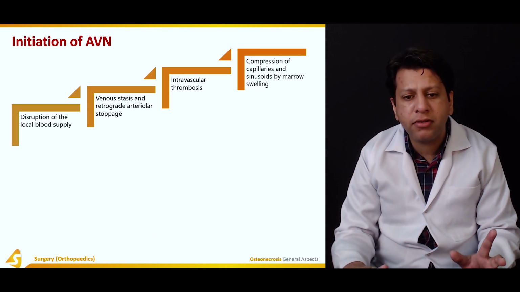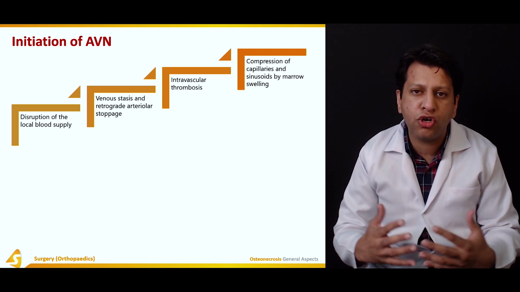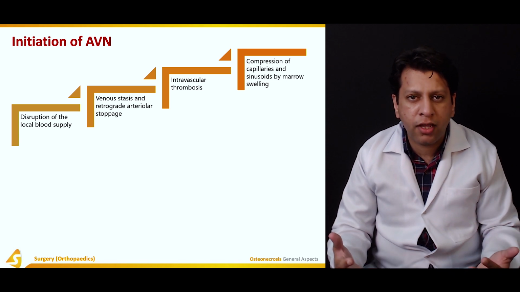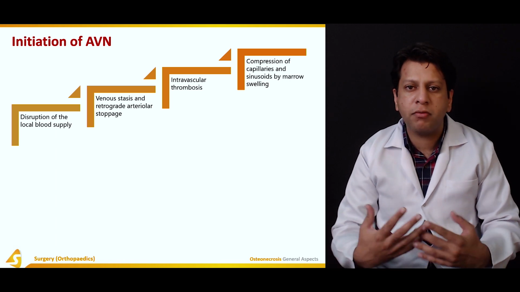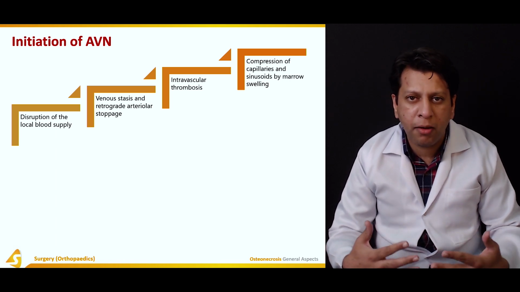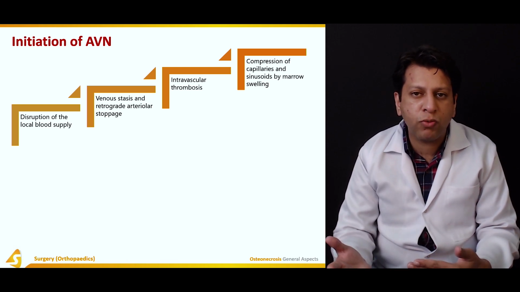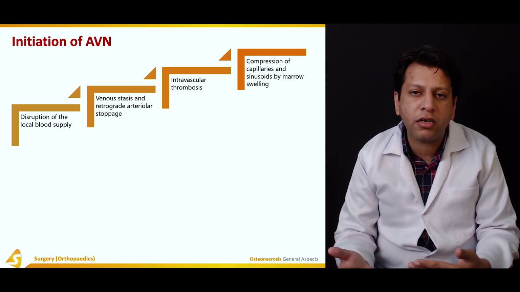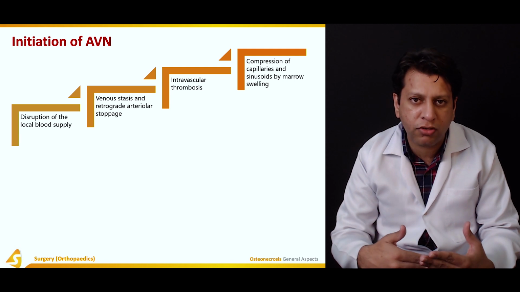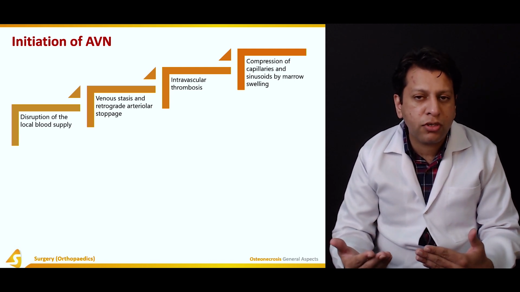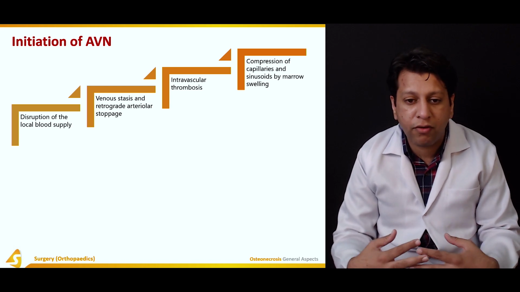Now, just take the example of a traumatic event. A patient had an RTA, resulting in a fractured neck of femur, and now there is a disruption of blood supply. The retinacular arteries, which originate from the medial circumflex femoral artery and go into the capsule, have torn, because the capsule has been torn as well due to the damage from the fractured neck of femur.